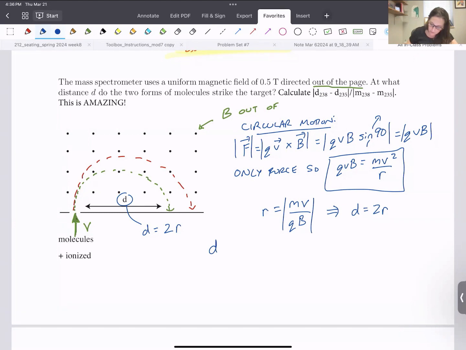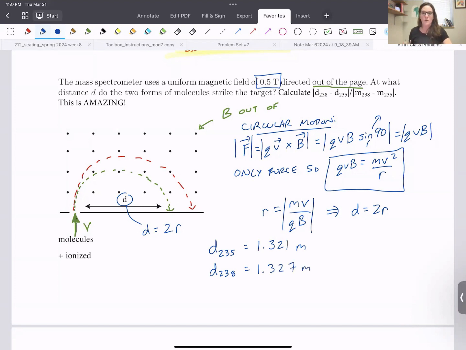And so I can solve for my d235, and I can solve for d238. I can do that by plugging in the mass that I've already found, the velocity I've already found, q singly ionized, and then the magnetic field is the 0.5 tesla that I've been given. When I do that, I get the d, and again, enough sig figs to make this problem work. That's the other stopping point for some people: it all looks the same, but you're just not carrying enough digits. So d235 is 1.321 meters, and